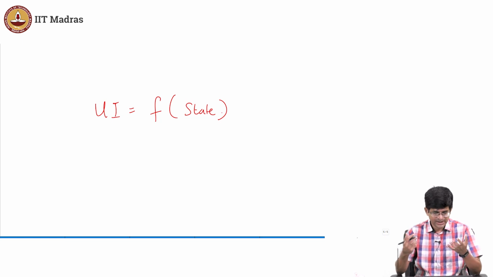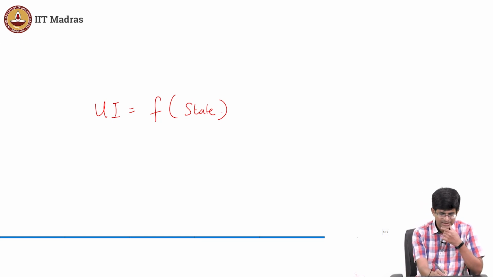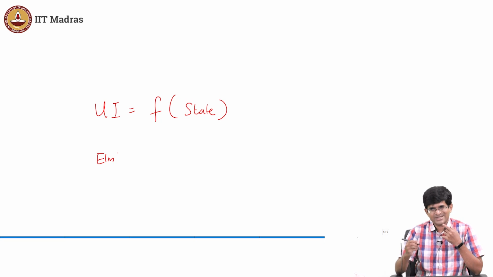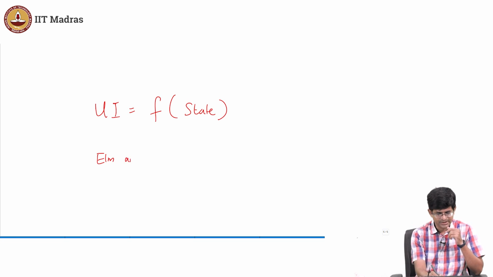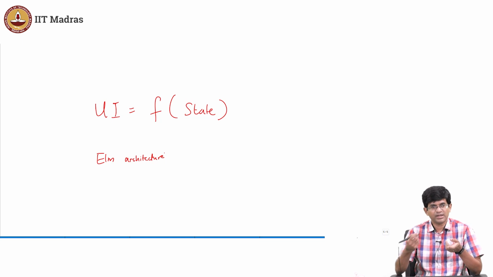And one thing that I did not mention over here is, from the point of view of application development, there is a language called Elm, which is not the most popular language for developing web applications, but this thing called the Elm architecture, which is the core idea of what Elm does, has actually become very popular. Even if you look at some libraries for React and Vue, the state management libraries, they talk about how they build on the Elm architecture.